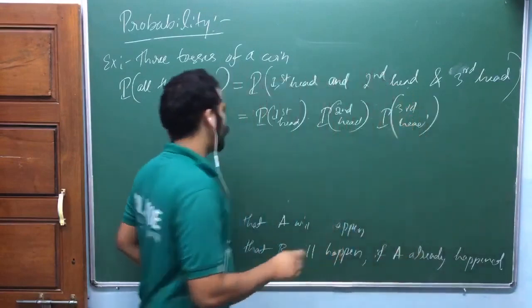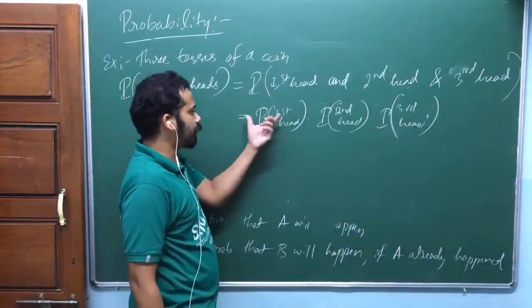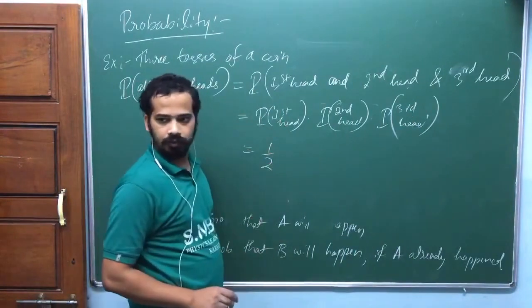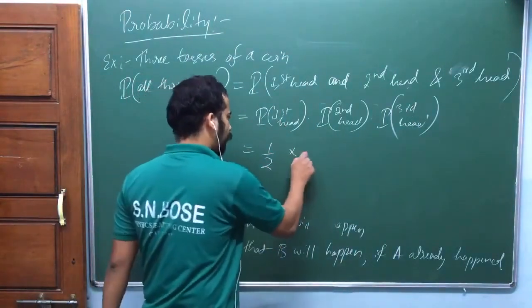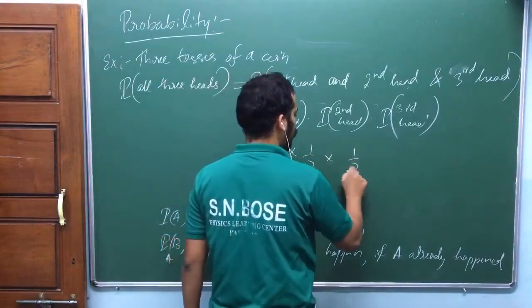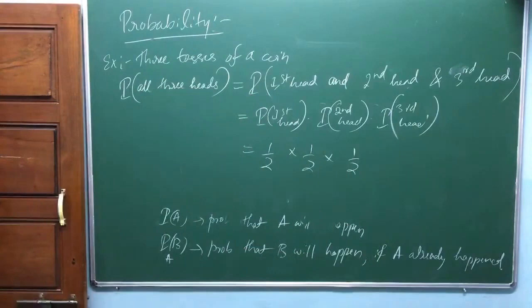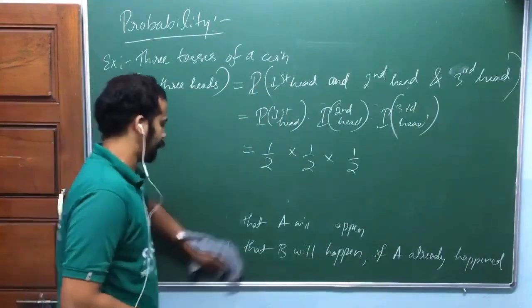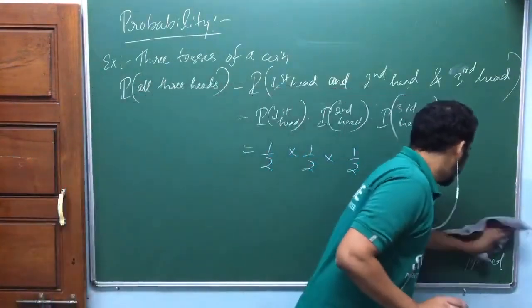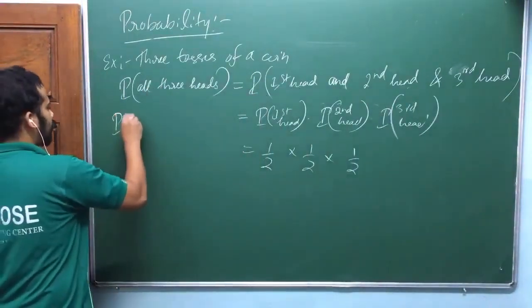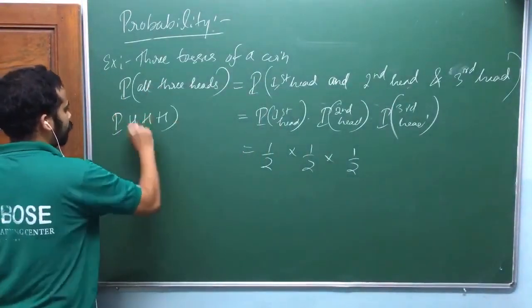isn't it? When you toss coin first time, okay, what is the probability of being head? That is 1/2. But second time, that's also 1/2. Third time, that's also 1/2, because those are independent events, am I right? Each of the tosses are fresh actually, isn't it? Now look at here. How this happened? What is the probability of all three head? Let me write head, okay?